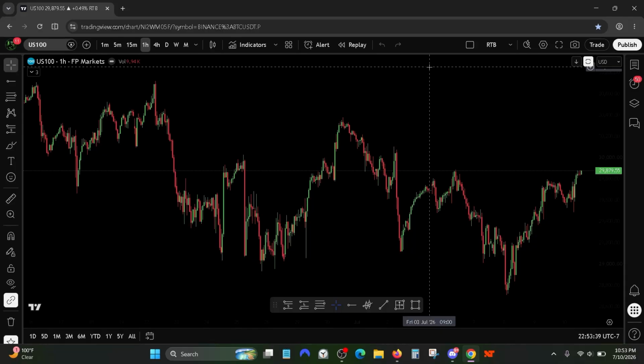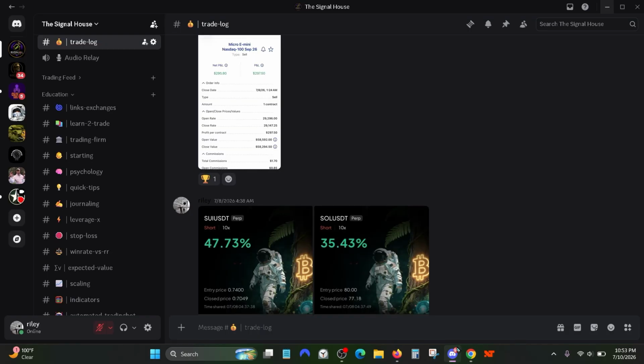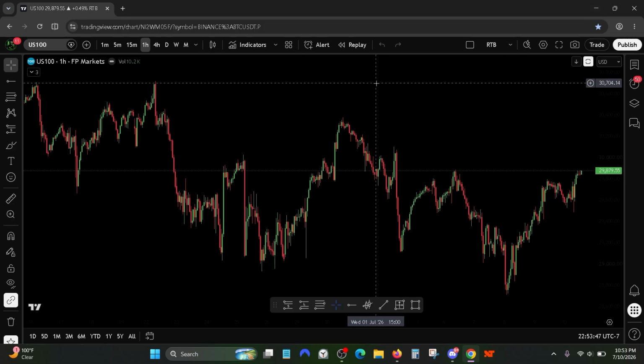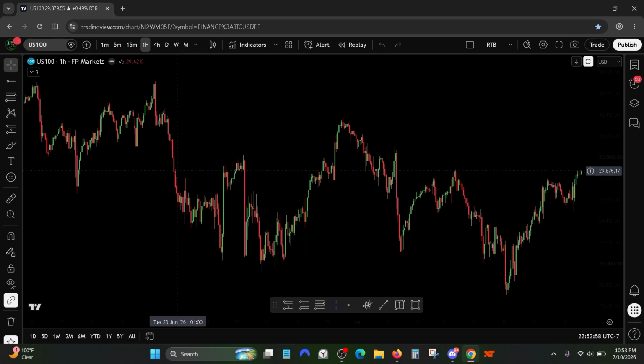Hello, everybody. Today I'm going to go over one of the things that I use to help generate me some of the results that you see here posted in Discord. It's called order blocks. And what it is, it's a move where institutions accumulated or distributed orders, causing a strong move, like you see